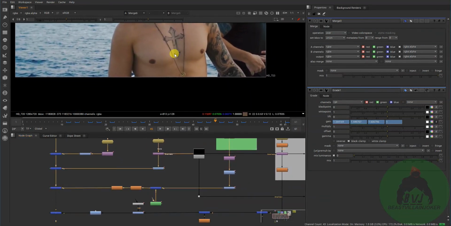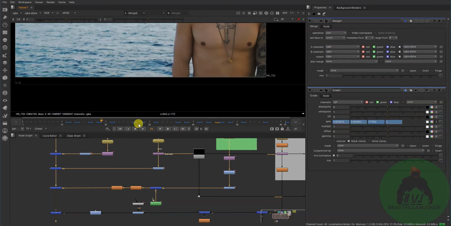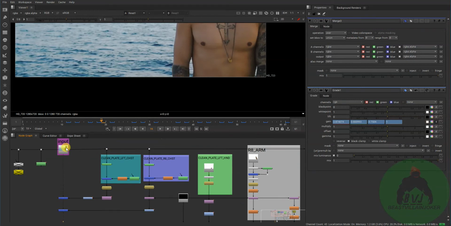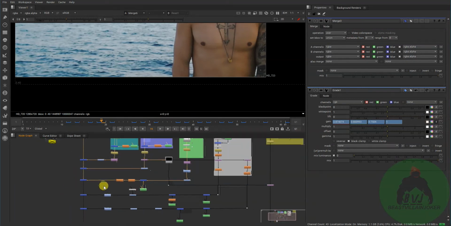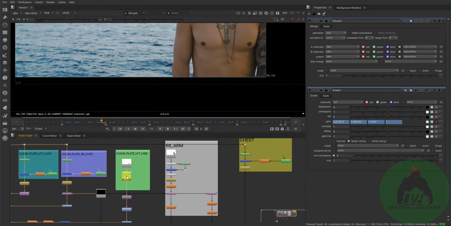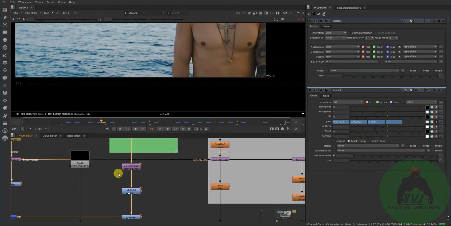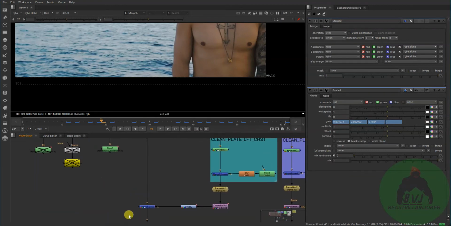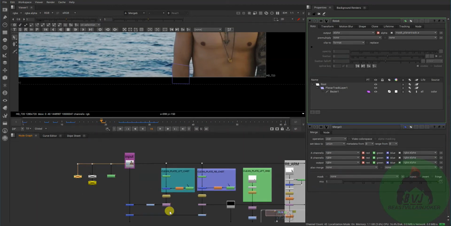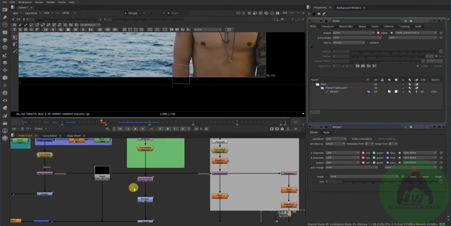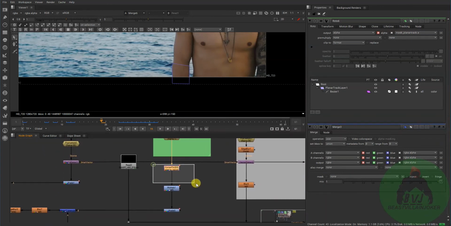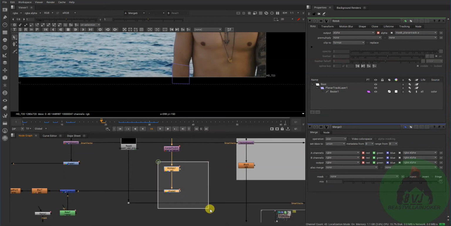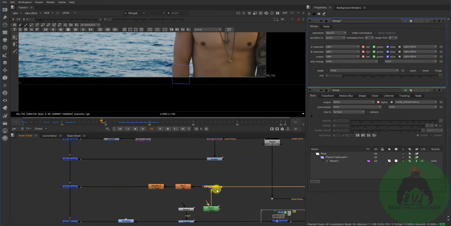Next was the left hand part here. So the left hand part was like this, and I have made it this. Here I have used the corner pin baked data, the corner pin data I have taken from here, which I made from the tracking, and match moved it with it, and I have made a stencil because I don't want that part.